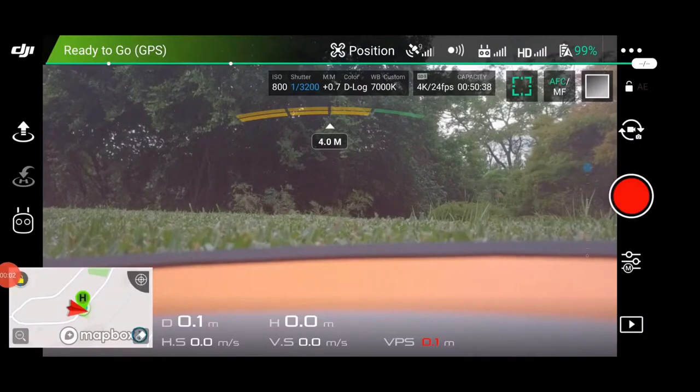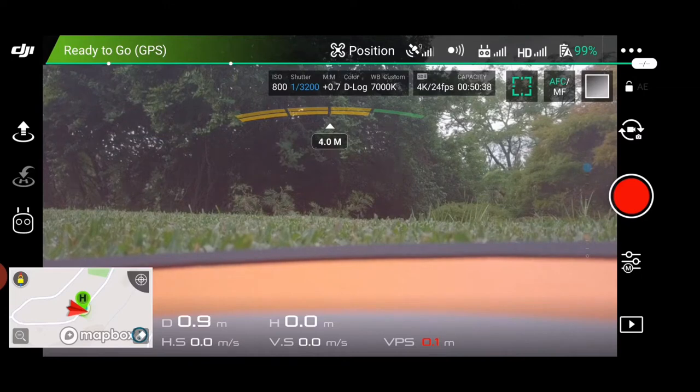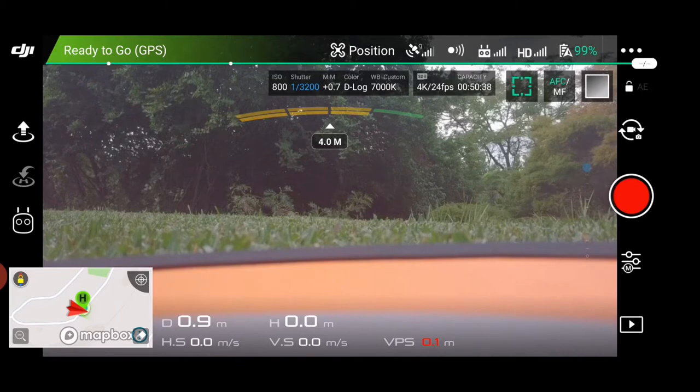Alright guys, so now we're ready to take off and we're going to head over to the intersection. We're going to fly over to the intersection about 150 meters high. For anyone wondering why we are flying over the 120, the reason is I'm in a valley and the intersection is up a hill. So 120 for me will be about 30 meters over there, so it's too low. So that's how we're legally allowed to fly over 120, just because we are flying over another object,